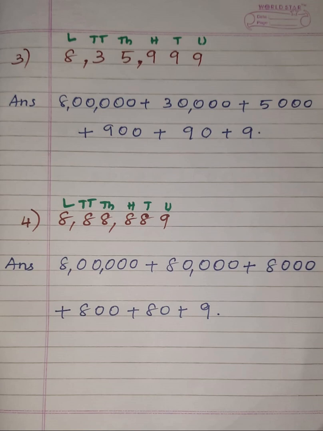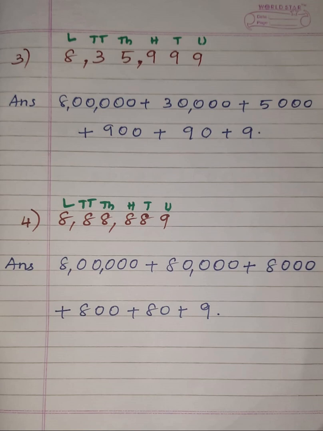Followed. Now next digit, one more 8 we have. This 8 is in which place, children? It is in the thousands place. So the place value of 8 is 8,000. Now one more 8 we have in the hundreds place. So the place value of this 8 would be 800. Okay. Now we have one more 8 in the tens place too. So the place value of this 8 would be 80. Then finally we have digit 9 at the units place. So its place value would be 9, children.